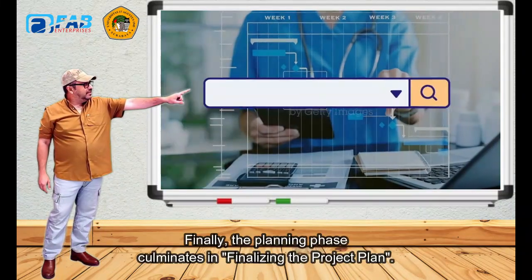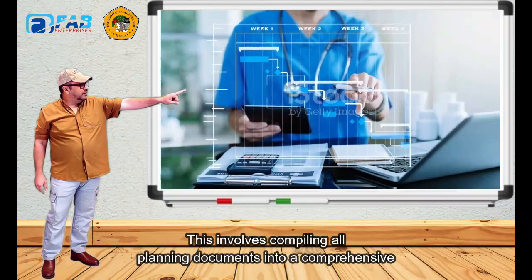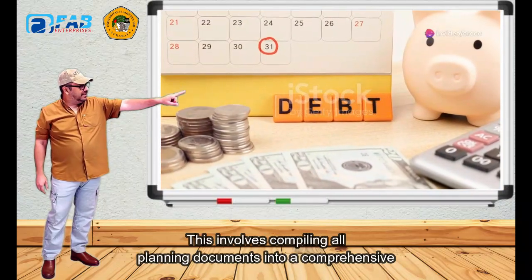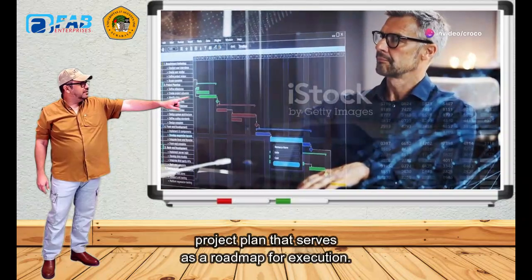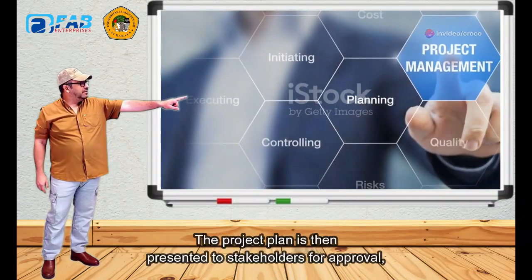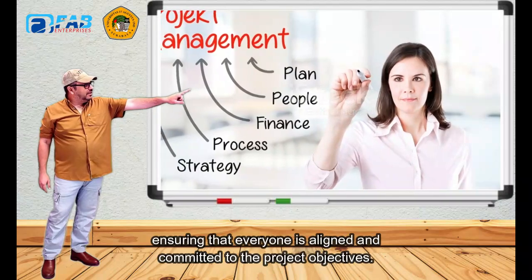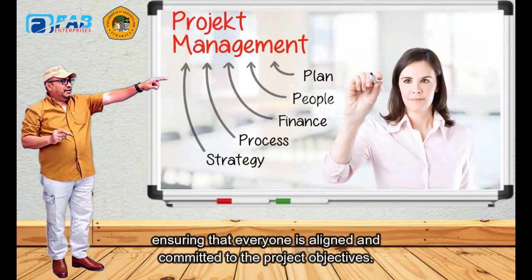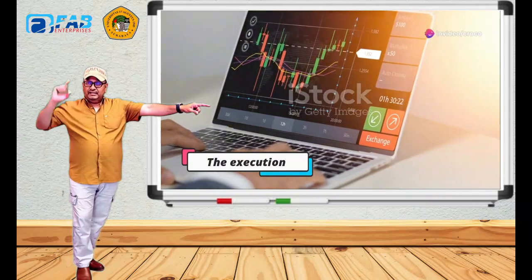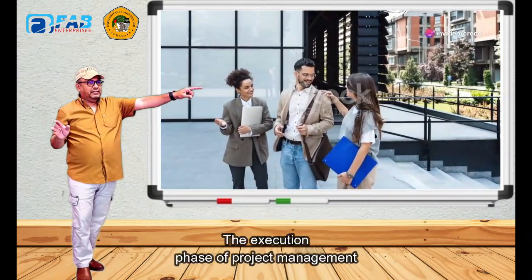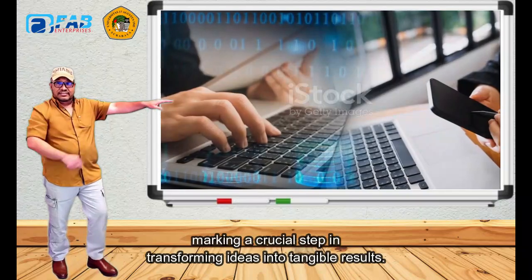Finally, the planning phase culminates in finalizing the project plan. This involves compiling all planning documents into a comprehensive project plan that serves as a roadmap for execution. The project plan is then presented to stakeholders for approval, ensuring that everyone is aligned and committed to the project objectives. The execution phase of project management is where plans are put into action, marking a crucial step